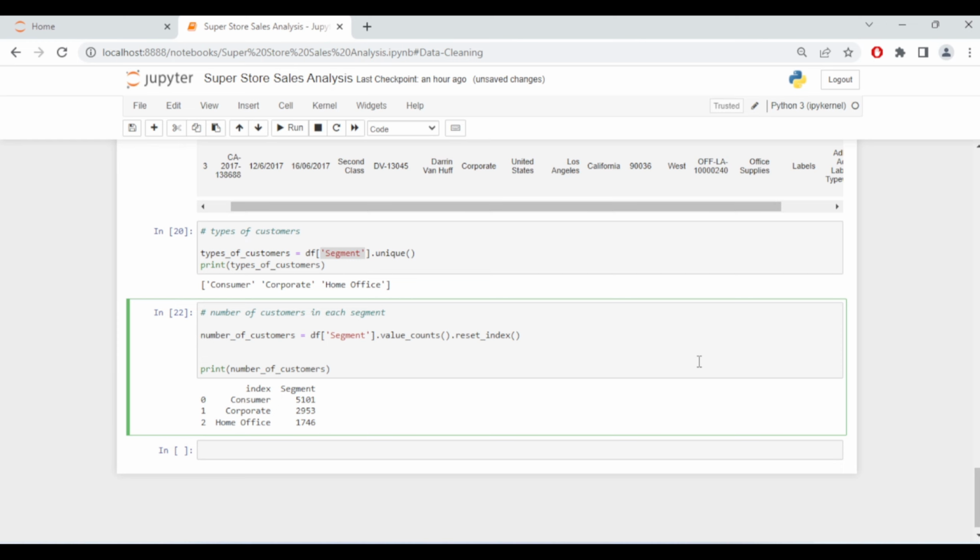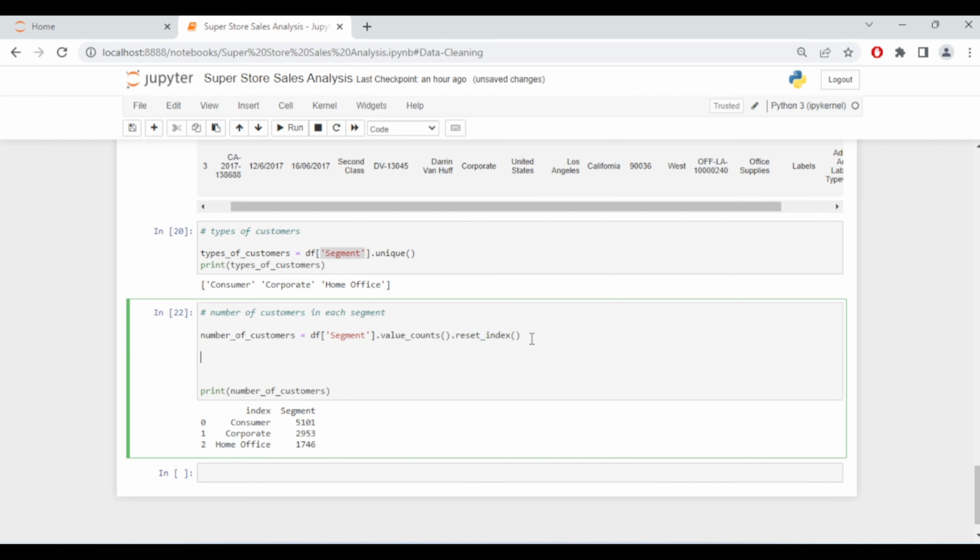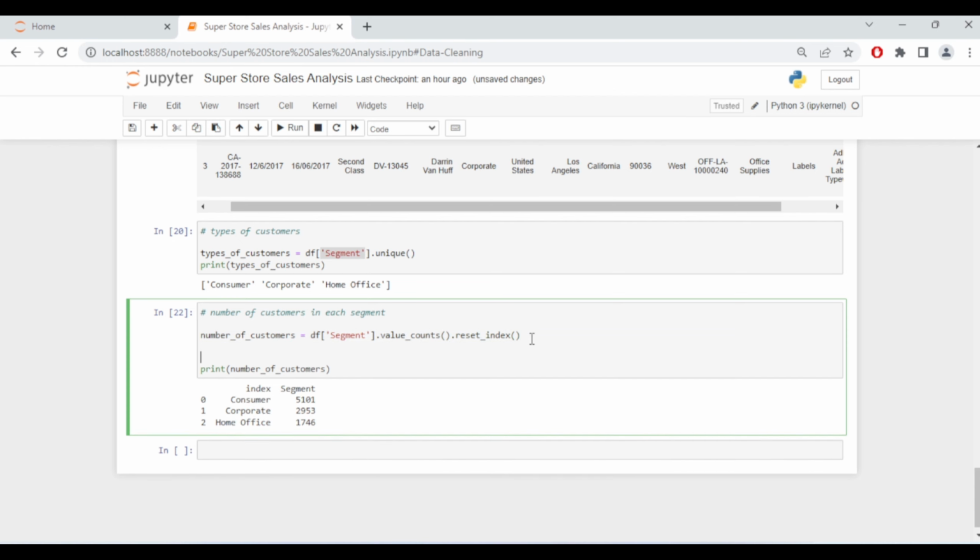After the first line of code, we go to another line, and in this line we use the rename function to change the names of the columns in our new series. Inside this rename function we are going to pass in